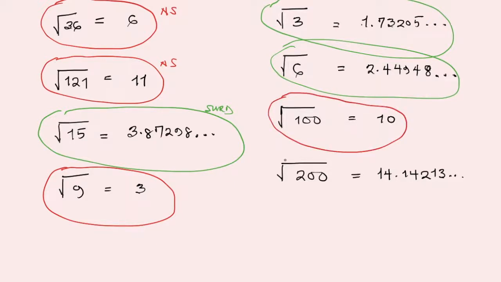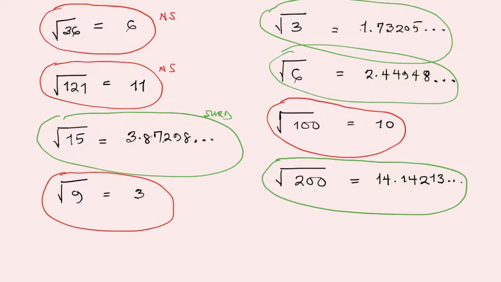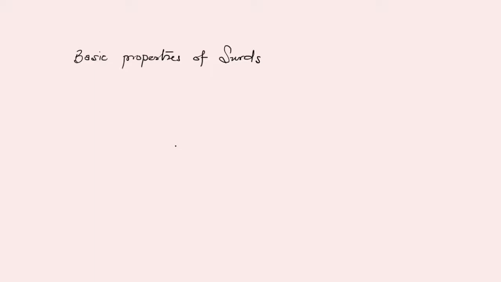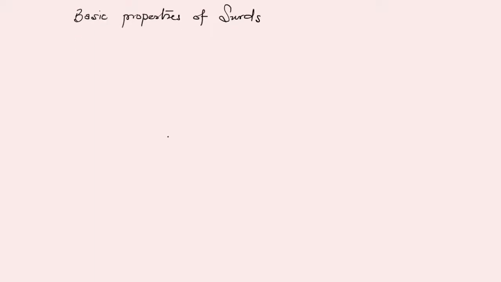And as you might have guessed by now, the square root of 200 is definitely a surd, because it is an irrational number, 14.14213 continuing. Now that we can identify surds, let's look at the basic properties of surds. Now we're going to be looking at three properties, and the first one